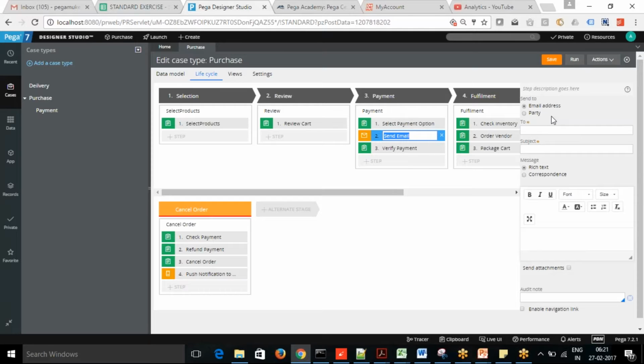So that will be operator IDs. And there will be some other people who will be interested in your case. Interested means, say, if you need an approval, who is going to verify the payment, who is going to check the inventory, who is going to package that. So they are like your interested parties in your case. They might impact, they might not impact the case. So that type of people are interested parties.